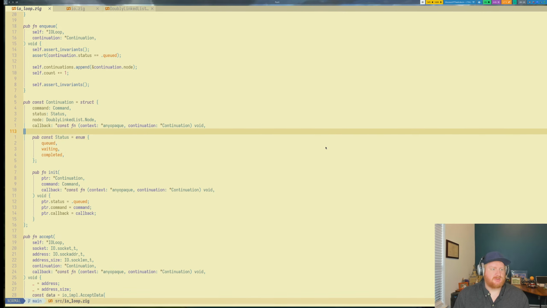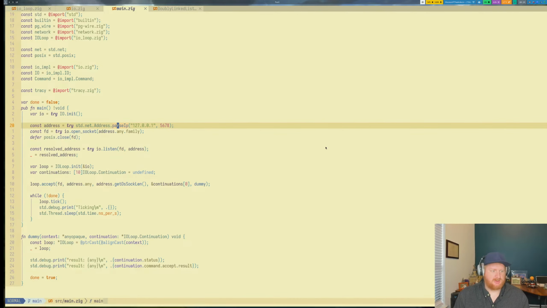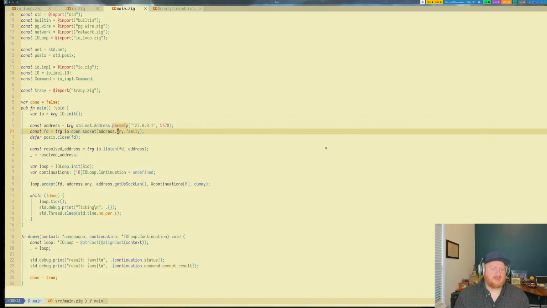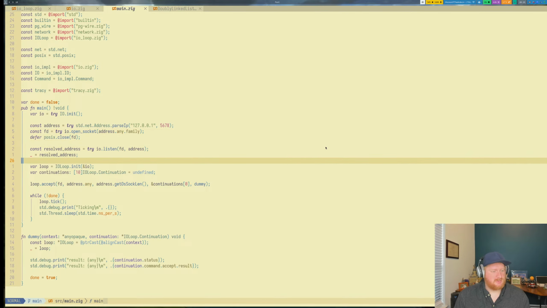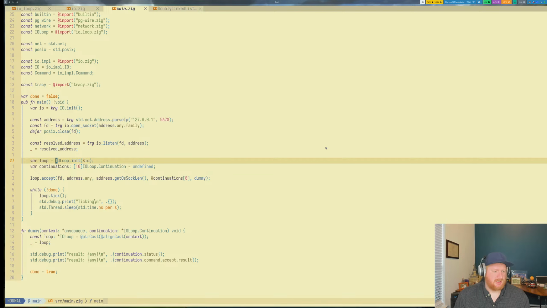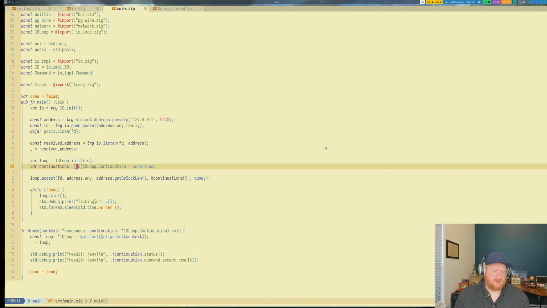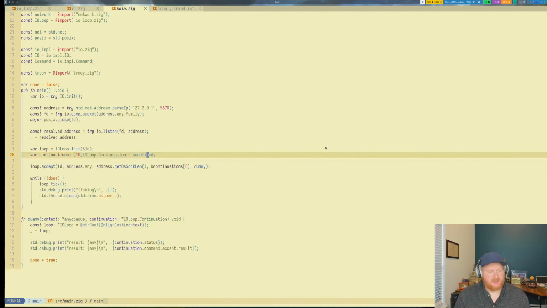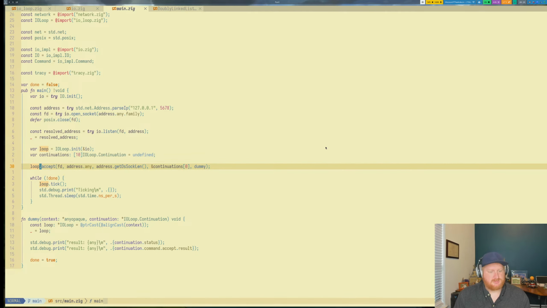And then basically the main file. Right now I just have a main file that all it does is open a TCP connection, or a socket, and then waits for a listener on that. You can see here, I create a new IO loop. I create just an array of continuations, just 10, set to undefined. We don't know what they are yet. Then I pass the address of the first continuation into loop.accept, which will accept a new connection